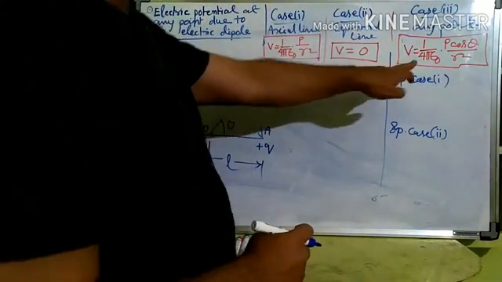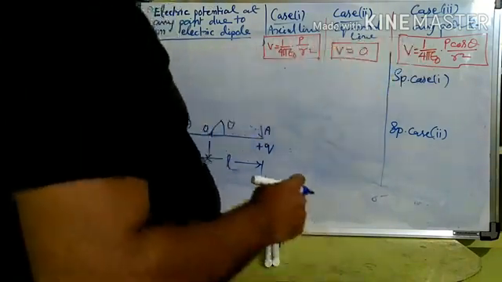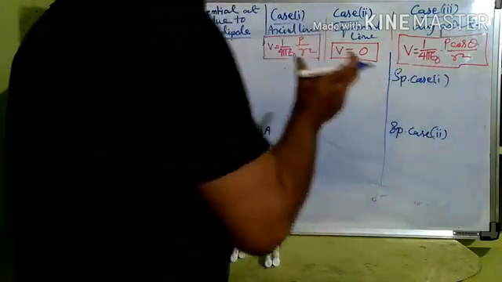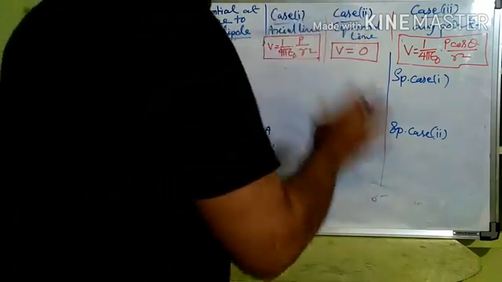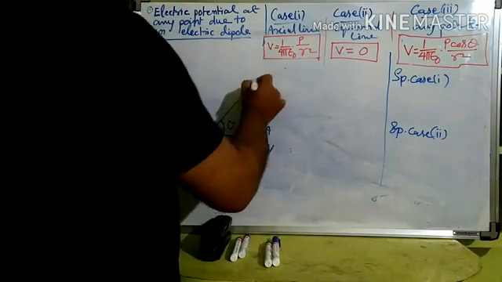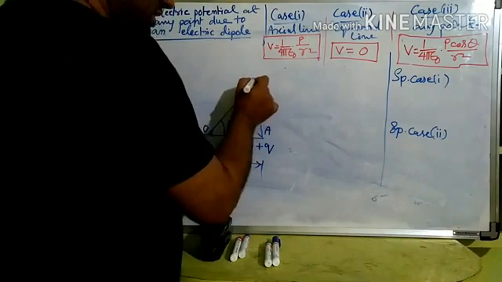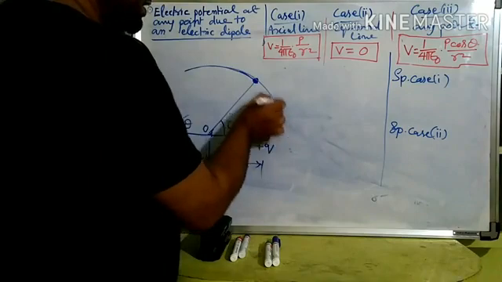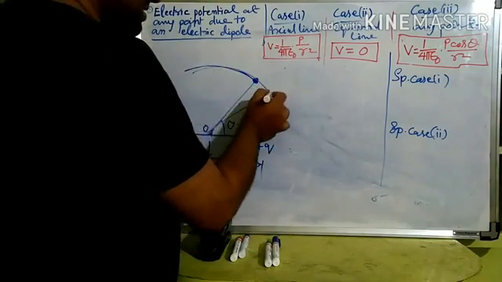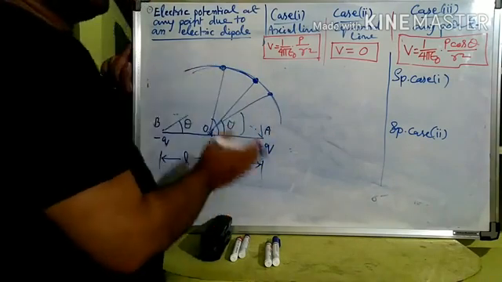Now see, in this expression, what is the variable? 1 by 4 pi epsilon naught is a constant. P is the dipole moment, constant because we assume that the length of the dipole is not fluctuating, it's constant for a particular experiment at least. Then R also, where the point is situated, is fixed. But keeping the same distance, it can rotate, right? It can be anywhere. So if P is here, theta will change. If P is here, theta will change. So theta is something which is changing.